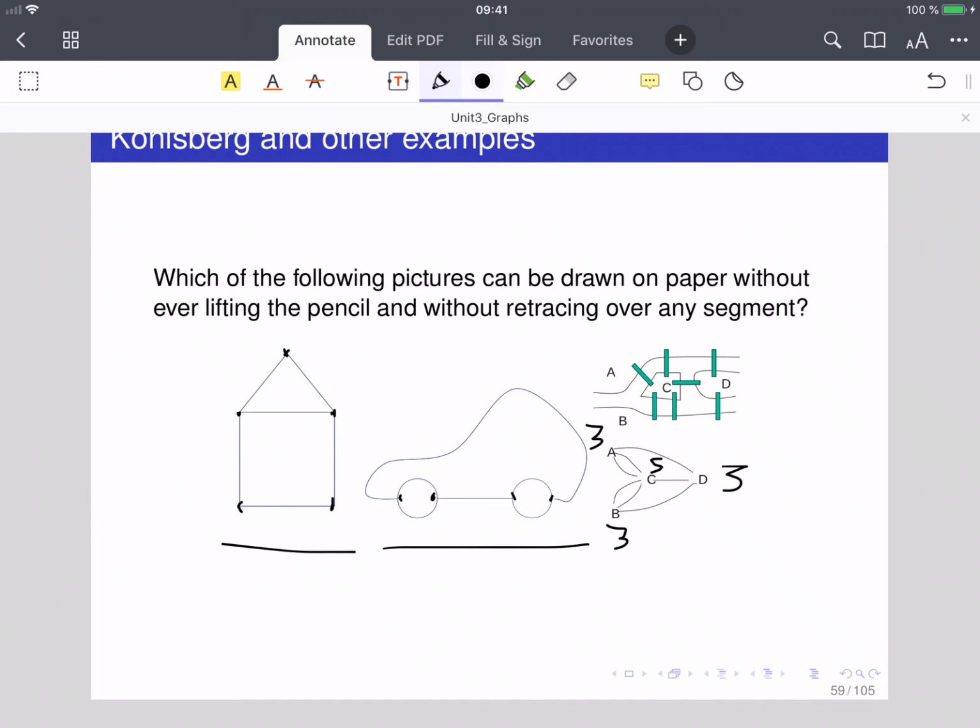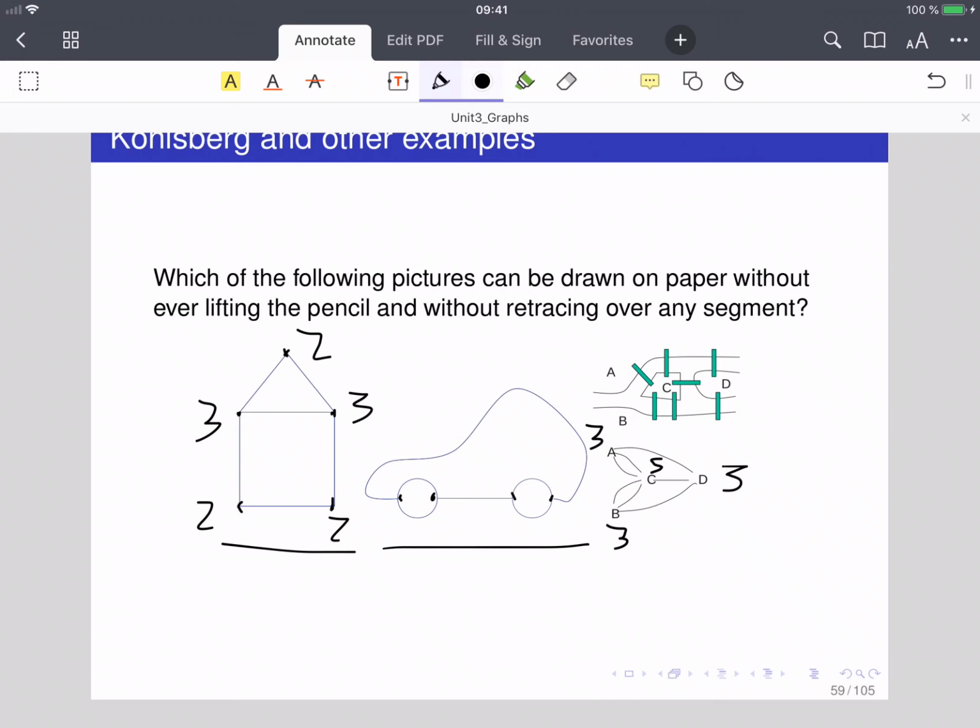Okay, let me check also these other graphs here and see what the degrees of the vertices are. So here we have 3. This one also has 3. This has 2. This has 2, and this has 2. So it is possible to draw this picture without